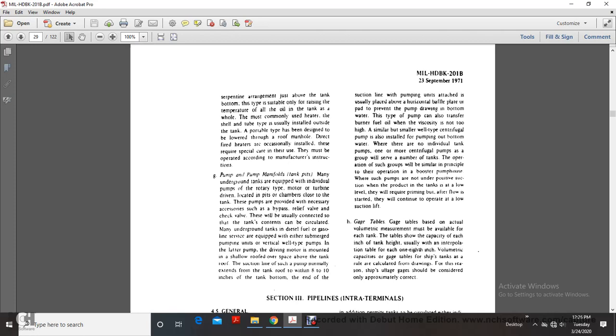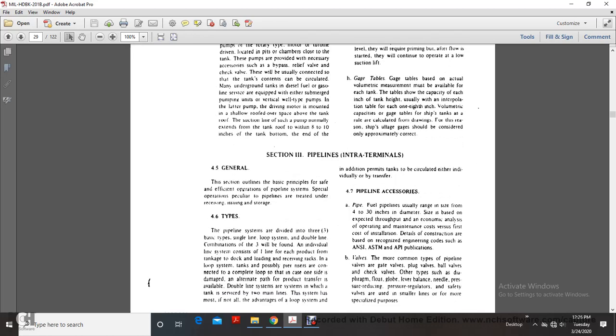Gauges and tank gauge tables. The gauge tables give the actual volumetric measurement available for each inch of the tank. The table should show the capacity for each inch of the tank height, usually with interpolation for each 1/8 of an inch. Volumetric capacities: the gauge tables are shipped with tanks, as calculated from the drawings. Shippers' ullage pages should be considered only